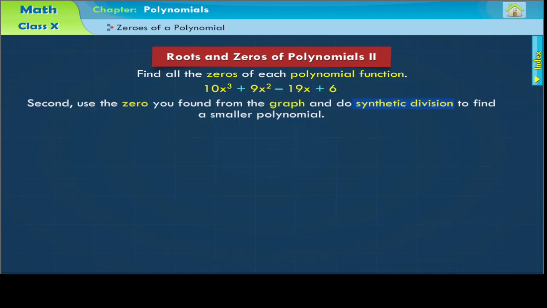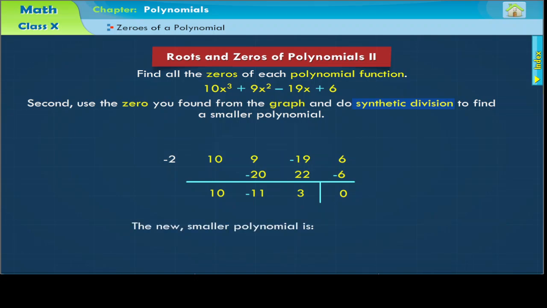Second, use the zero you found from the graph and do synthetic division to find a smaller polynomial. The new smaller polynomial is